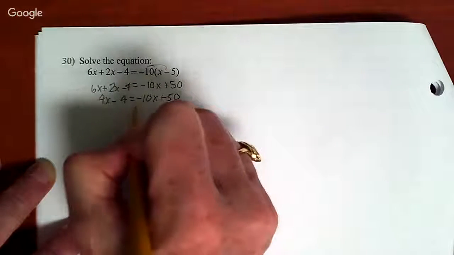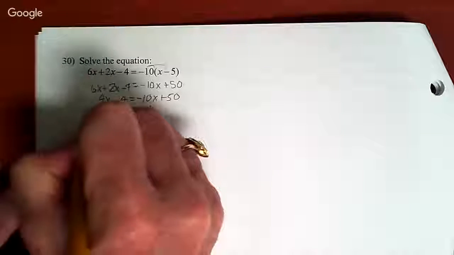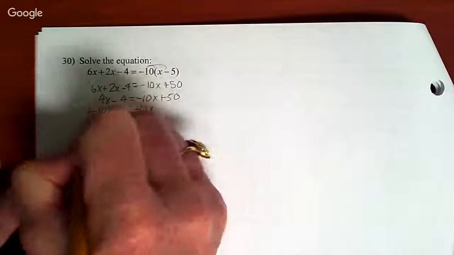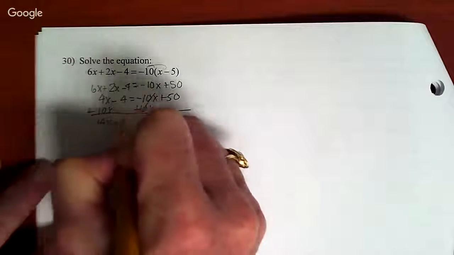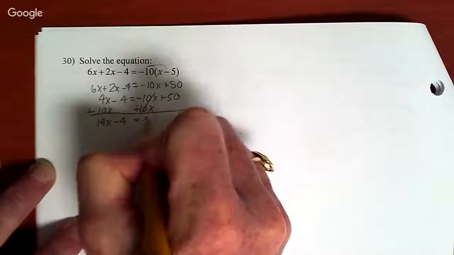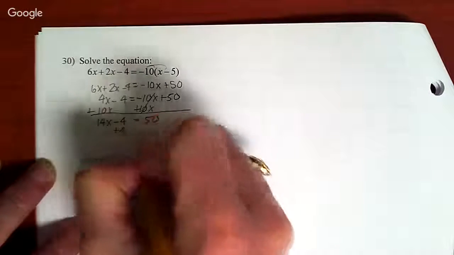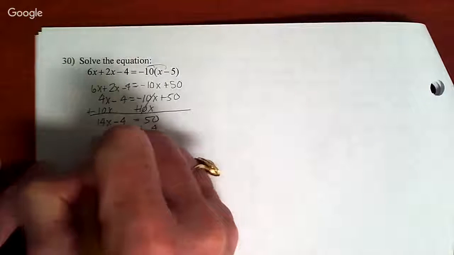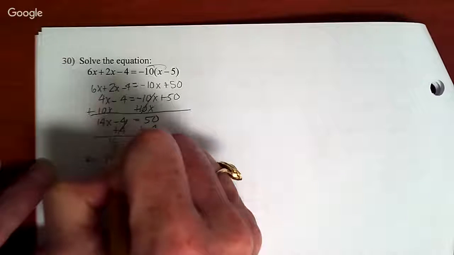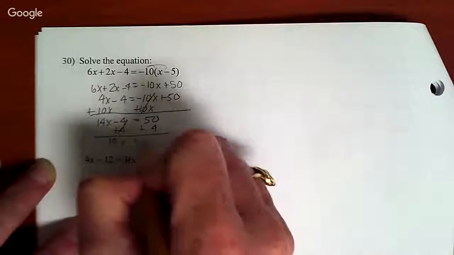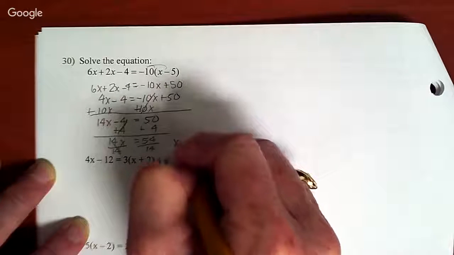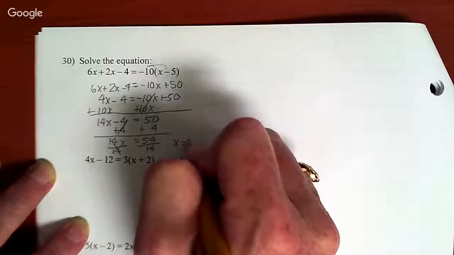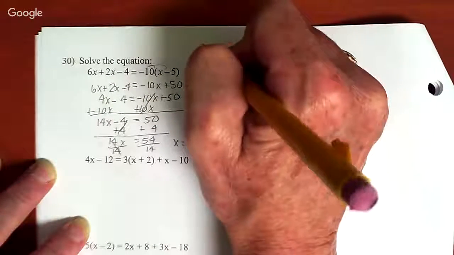I'm going to add my 10x to both sides. Add 4 to both sides. Divide by 14. And x would equal 3. To check it,